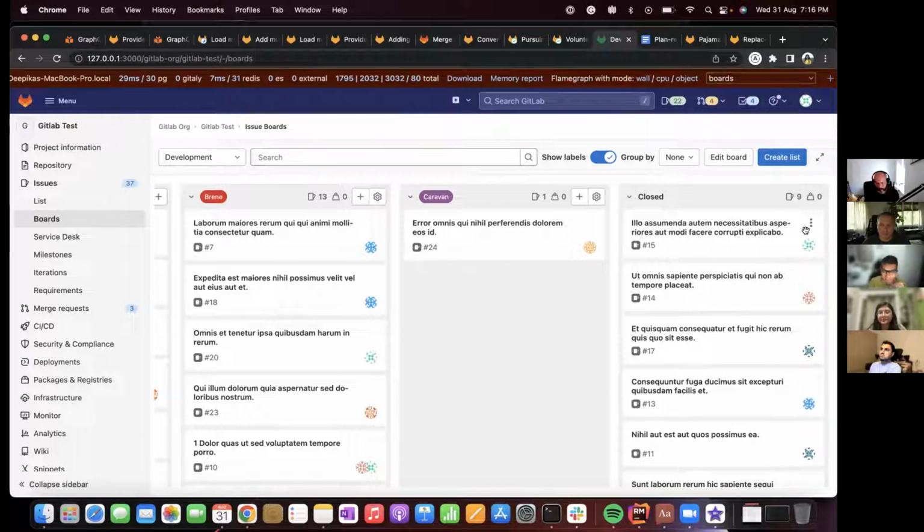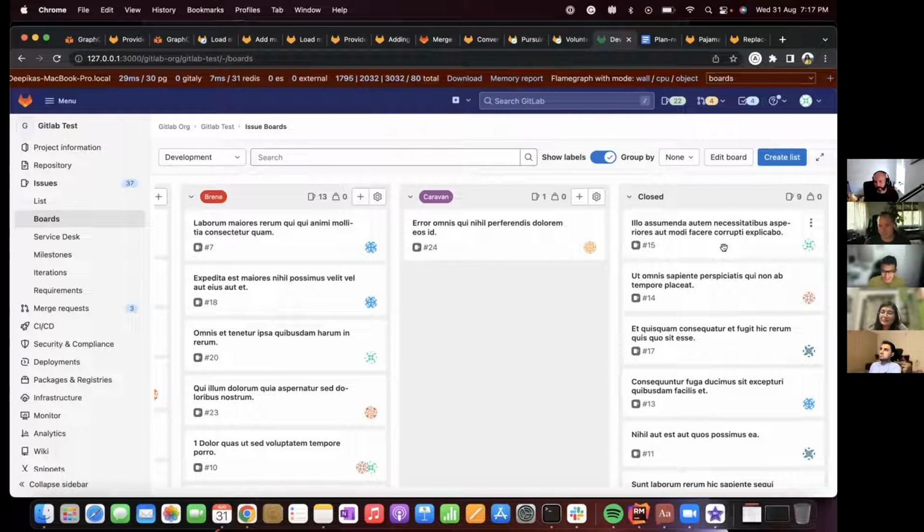You're also going to need to be able to move things out of the closed list to other lists. So the cards will still be draggable. They'll still be draggable, but you're talking about only disabling dragging them up and down within the same list. So it's a little bit complicated.